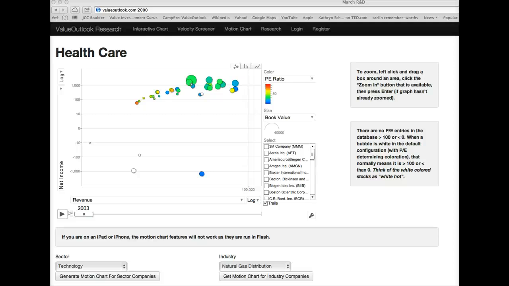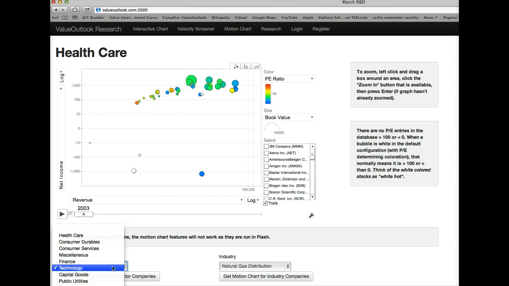So here's a little tour of ValueOutlook's new, soon-to-be released features. You'll start off here on the motion chart page. Right now it's listed as healthcare stocks. I'm not going to go with the demo chart example right now, just showing you how to use the basic